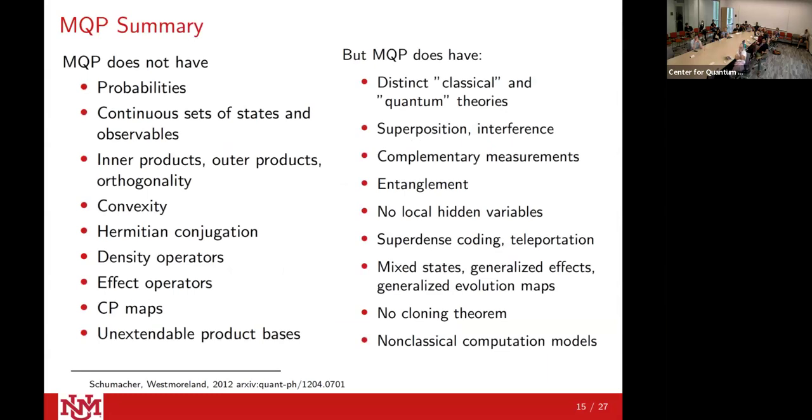So I guess here's a quick summary. Despite losing all the things on the left, modal quantum theory still allows us to recover all the things on the right, which is quite remarkable. I don't know what this says about the grand nature of reality or anything, but I do think some of it's interesting, and especially this. You get your non-classical computation back, just by thinking about what's possible and impossible. I have no idea how that works, but don't ask.